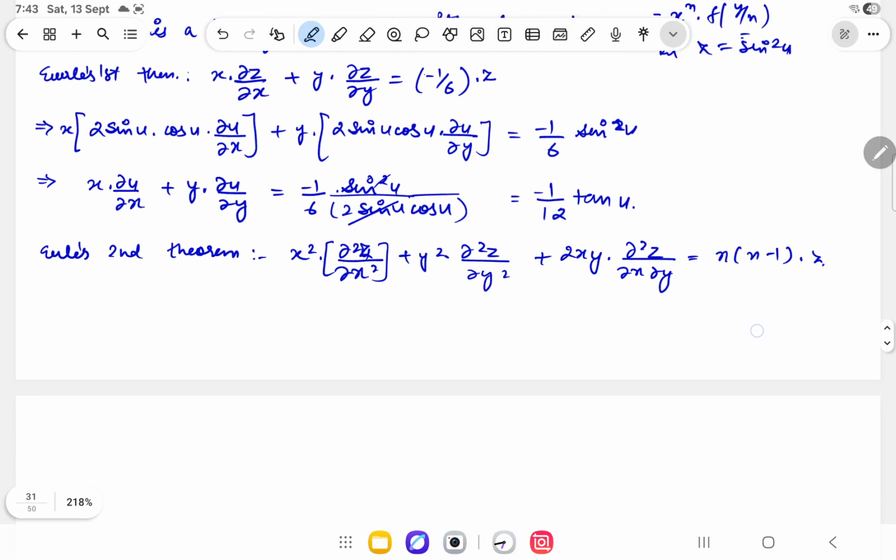So let's just substitute values. So it will be basically equal to x² into del by del x into del z by del x, and del z by del x is basically this term, that is